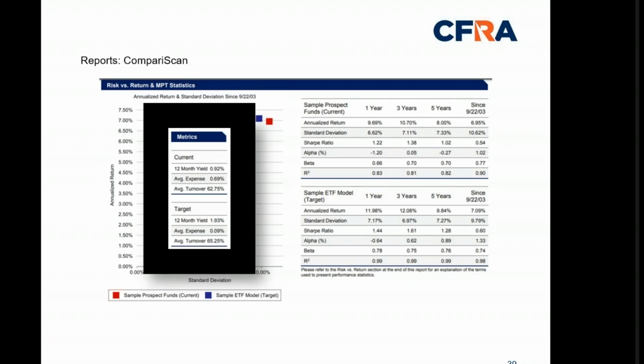So you'll see right here, as Ryan told you before, one of the more popular ways to look at these reports, amongst all the other items, is the expense element. And you'll notice straight off that this current portfolio compared to the target portfolio has a 69 basis point average expense as opposed to a 9 basis point average expense. So right then and there, aside from all the diversification statistics, aside from all the performance enhancements, on a straight dollar for dollar basis, you're providing them with 60 basis points less of an average expense per year.